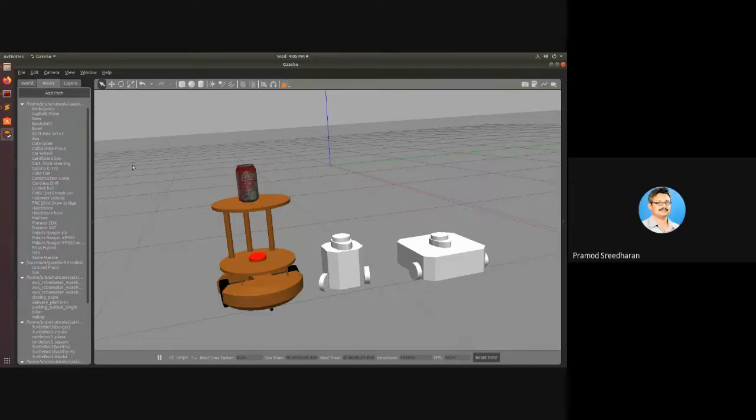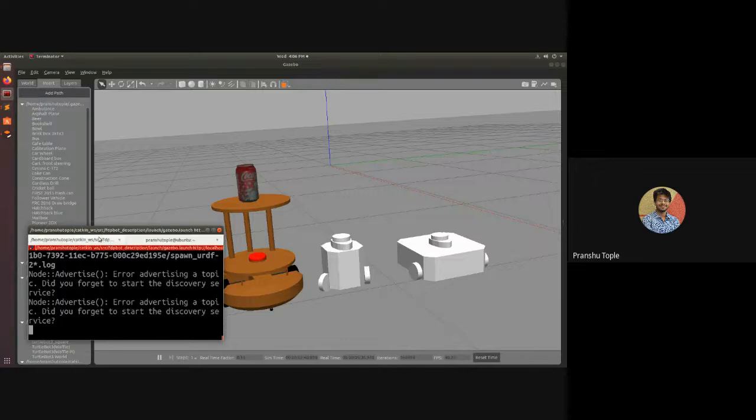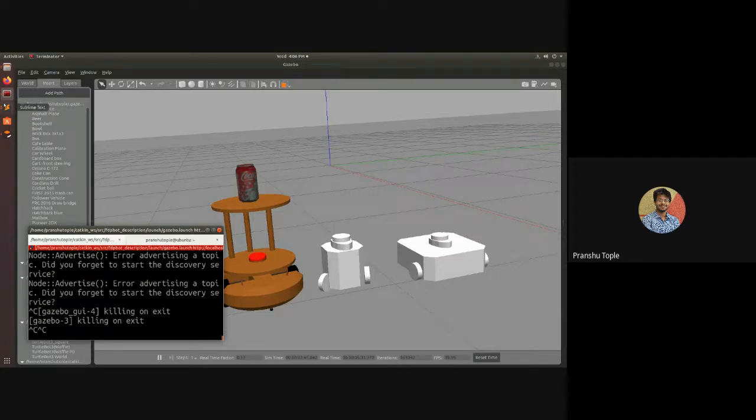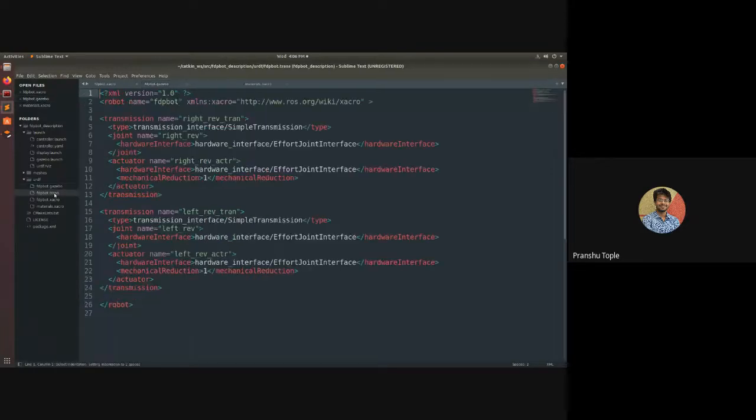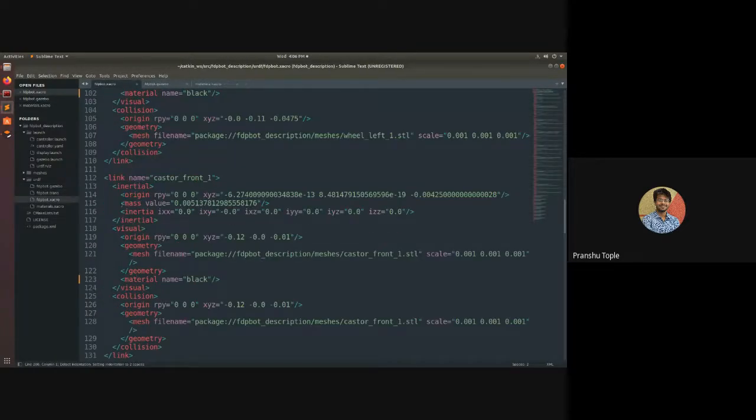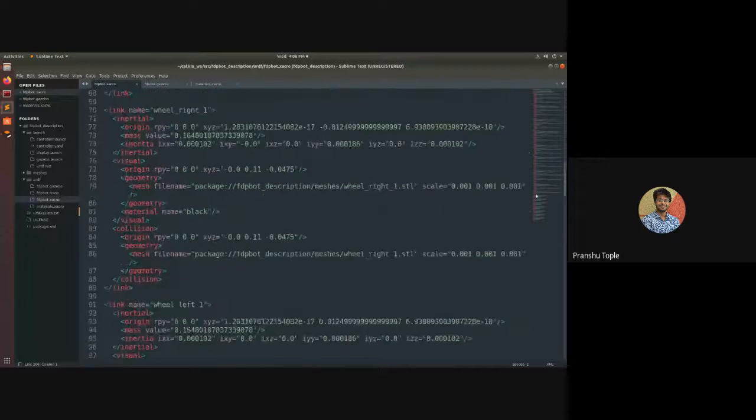Okay, sir. So, how to do the coding? Is it possible to do it in, say, Visual Studio Code? Yes, yes. So see, right now I created a description file, the URDF file of the robot. Here in the URDF file, I am using Sublime Text, but in the description, there are several files. I have the Xacro file, which contains the details of the robot.